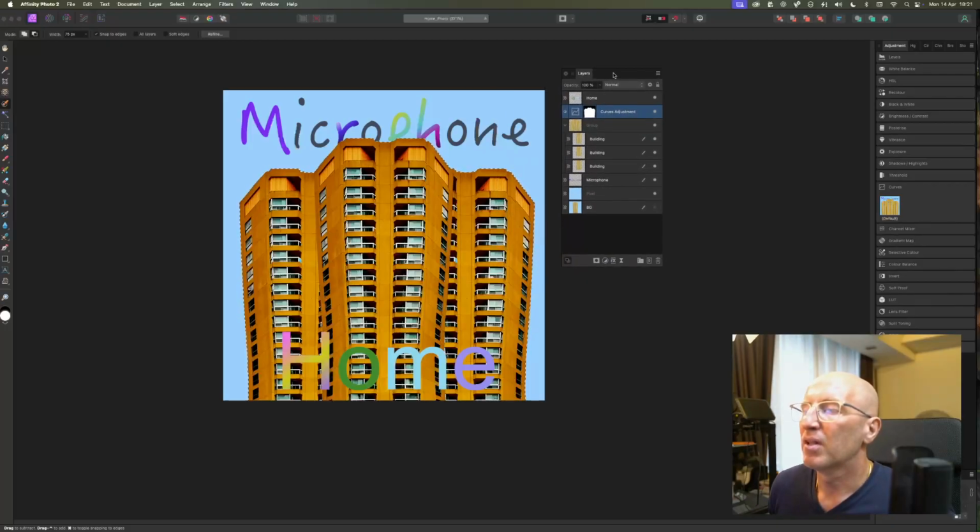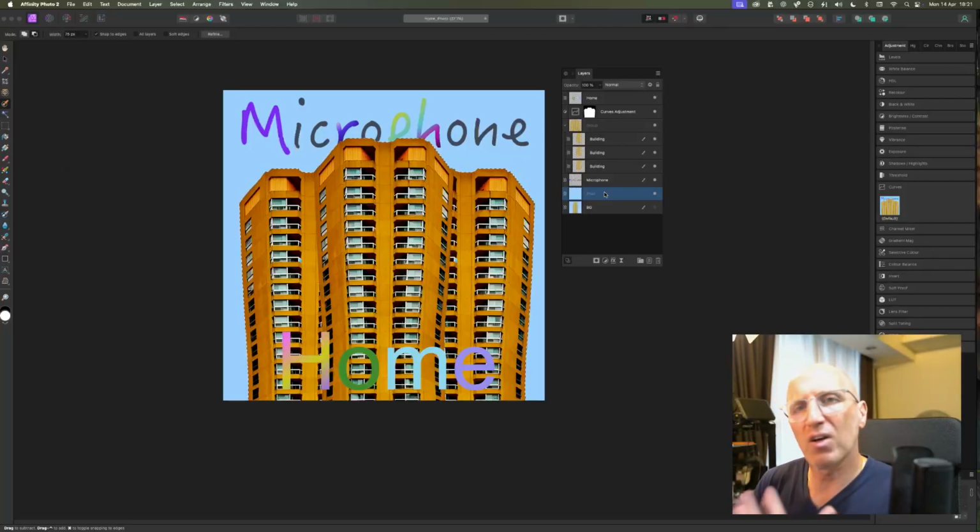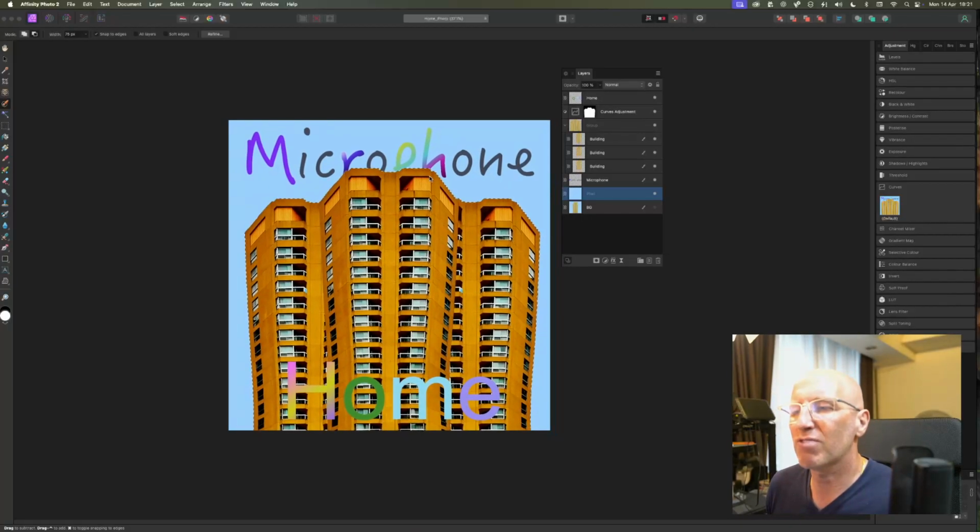I've got an idea as to how I want it to look, because my background is looking rather blue at the moment. Now what I'm going to do inside my blue layer, once you've had a go and experimented with it, you can copy and paste as many things as you want. I'm going to get my blue now, and do what I did before. I'm going to create a